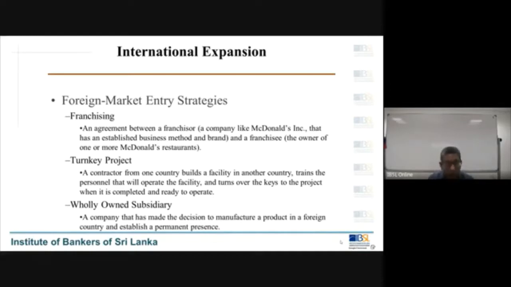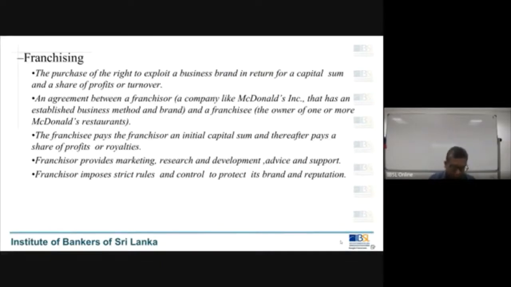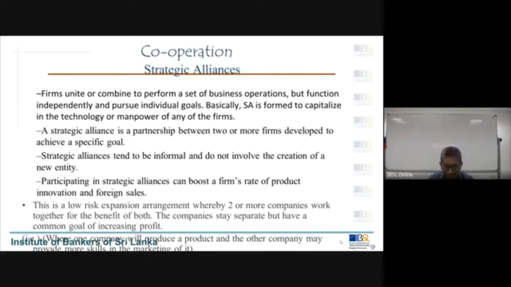That means the 51% of the ownership belongs to the parent company. Only 49% is local, right? So examples like Unilever and Nestle, we have what you call a subsidiary system. Now, licensing, as I explained to you, there are some arrangements, but don't worry much about this. And the franchising we discussed, and joint venture. Okay. Then we are moving to another important